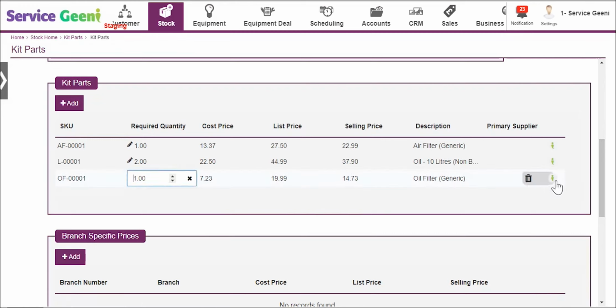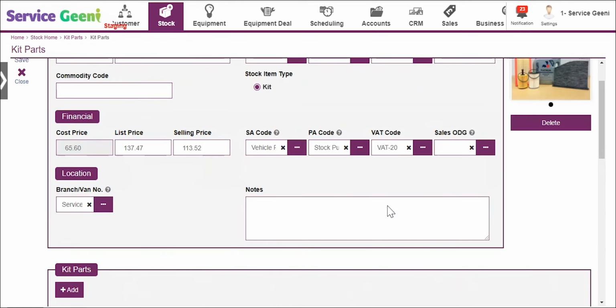Now, if you scroll back up to the pricing information, you can see that has now been populated. The list price and selling price fields are editable, so can be adjusted. For instance, if you are offering a discounted rate for selling the items bundled as a kit,